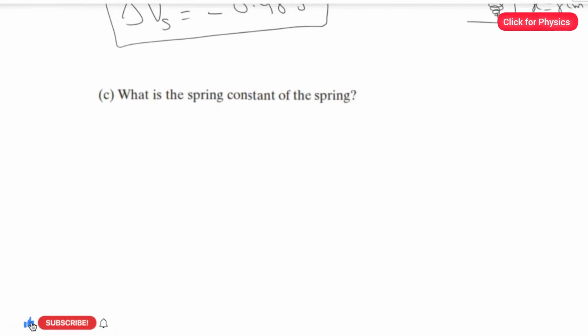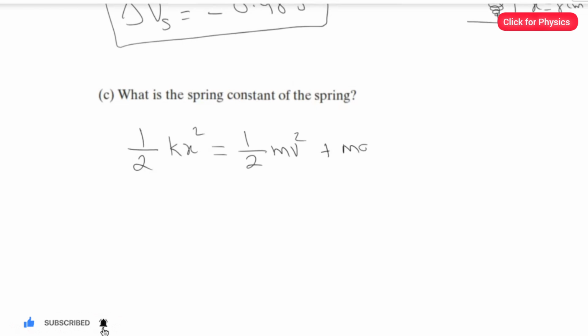So when the marble has both kinetic energy and potential energy, half kx square is the formula for elastic potential energy, which is equal to the mechanical energy. What is the mechanical energy? It's a combination of potential as well as the kinetic. So we have to write half mv square plus mgh. Now you can see when the marble reaches the maximum height, at the maximum height,